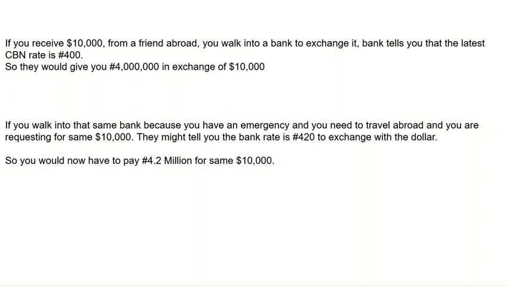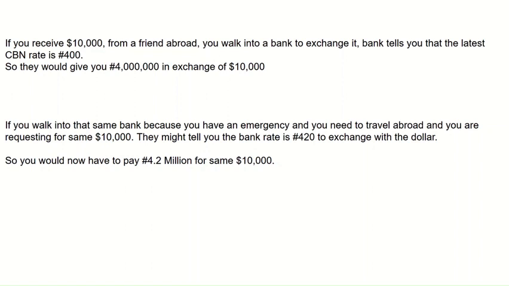Here the bid price is 400 naira, and the ask price is 420 naira. The bid price is 400 naira because it is the buying price. It is the price that the bank is buying from you. The ask price is 420 naira. It is the price that the bank is selling the dollar to you. So the bank is going to make a profit because they are selling at a higher rate than they bought from you. I hope you get the concept now. This is a very practical and simple concept. So you can always come back to this video if you don't understand it, and for clarity,